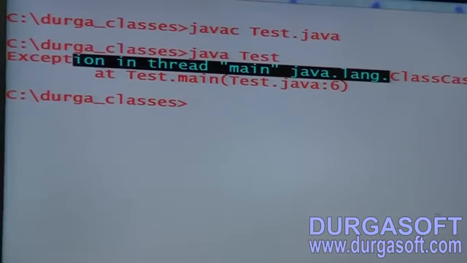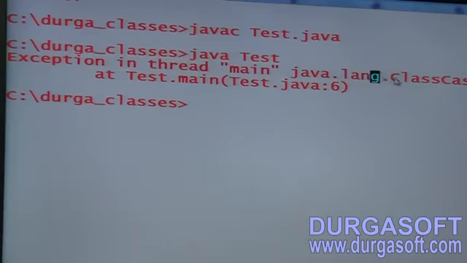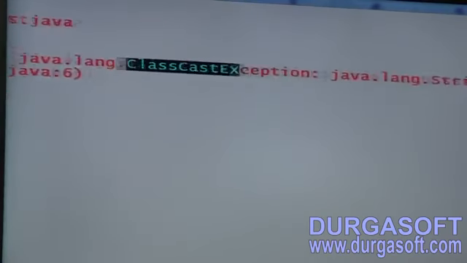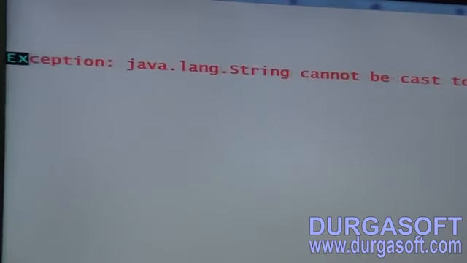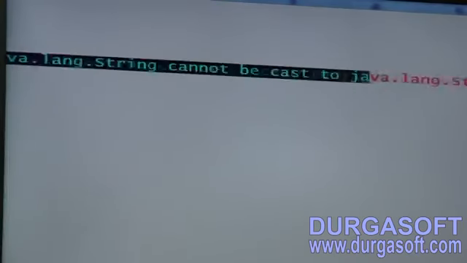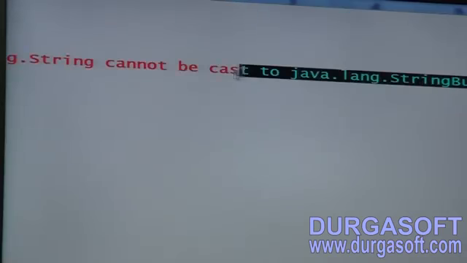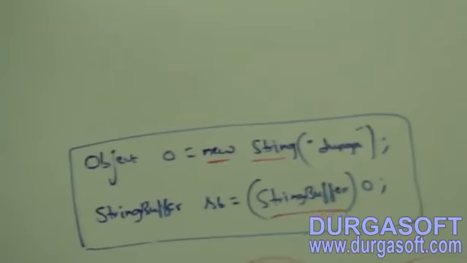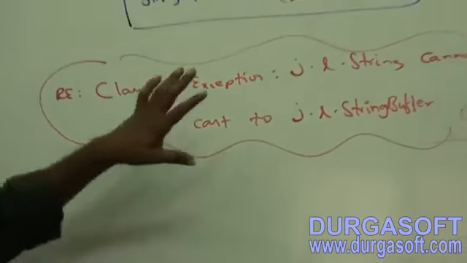What is that exception? ClassCastException: java.lang.String cannot be cast to java.lang.StringBuffer. Are you able to understand? Is it clear for all of you? Make sure you are aware clearly.